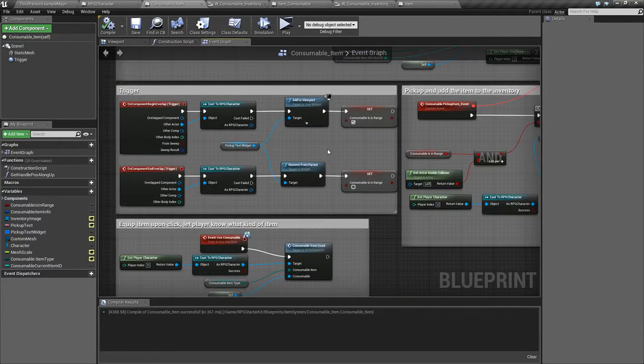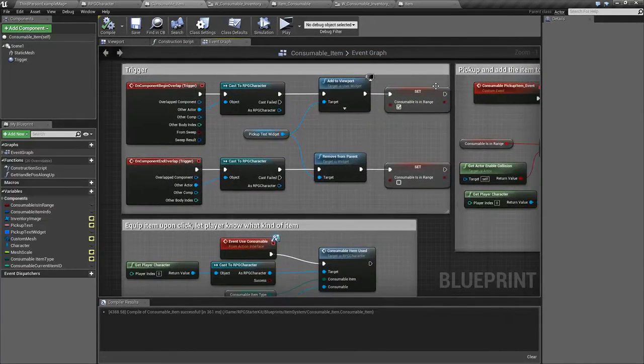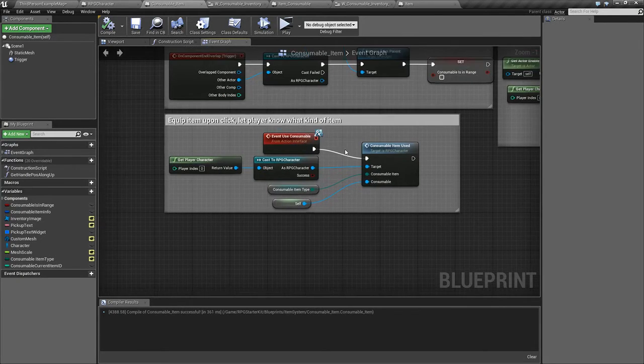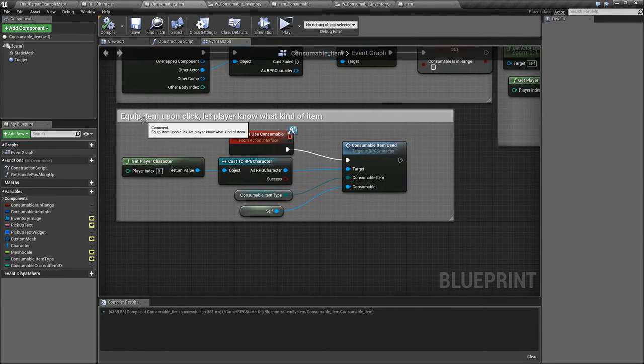What I did was I changed all the names so I knew what they were, so there was no conflicts between this blueprint and this one. So I just changed the variables to the name of what it is, the consumable. And then on here, where it says equipped upon clicked,